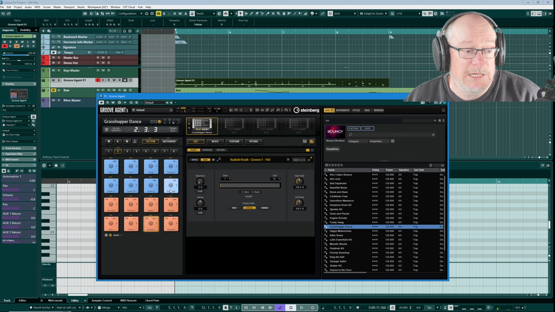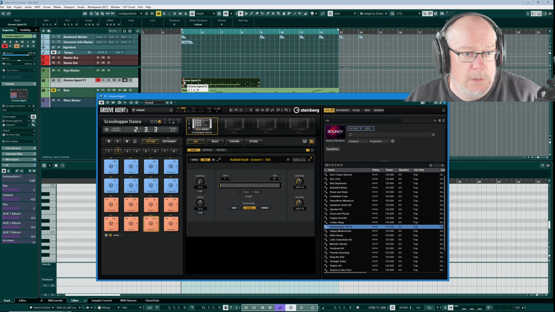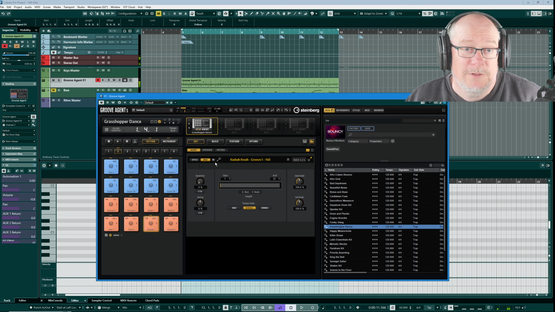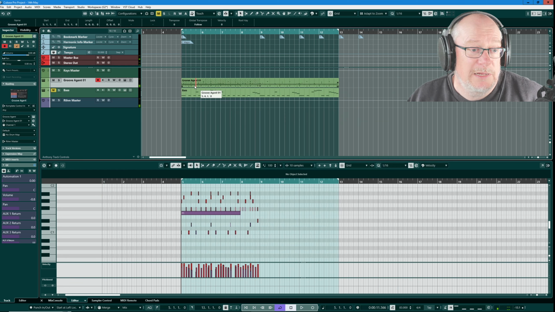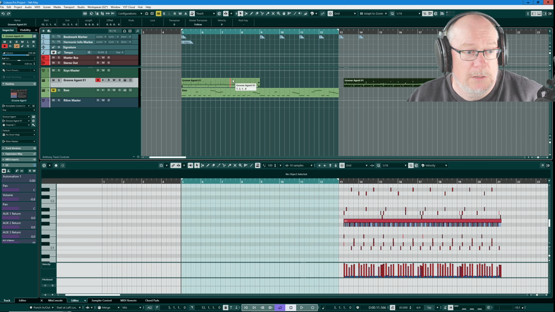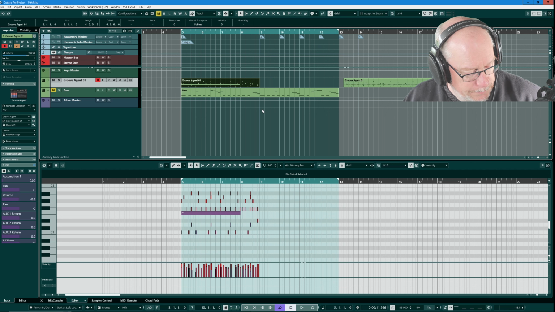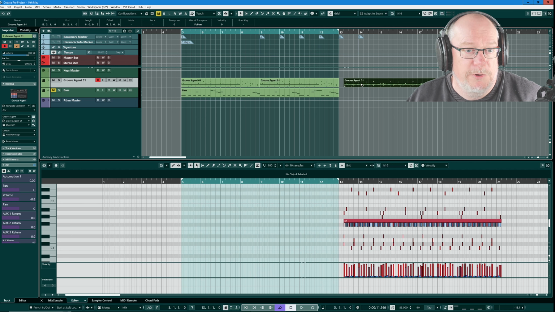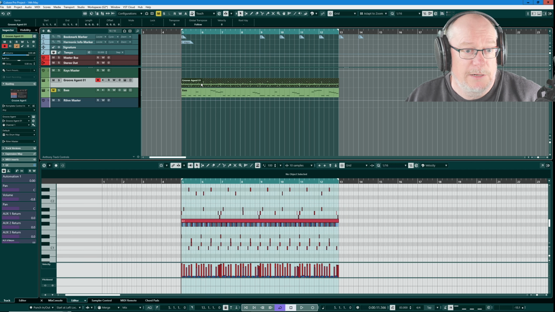I want to get that in on the pattern as well. And this is a really nice trick for building an almost infinite variety of patterns very quickly. I'm going to pick up groove number 1. I'm going to drag it over the top of the existing groove. So now I have 2 grooves laid on top of each other. Can you see that the original groove is only 4 bars long? I'm going to double it